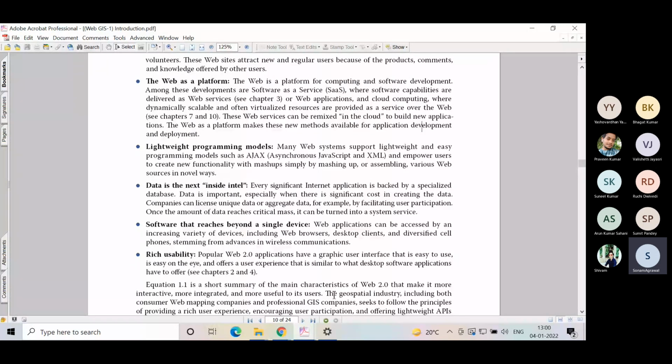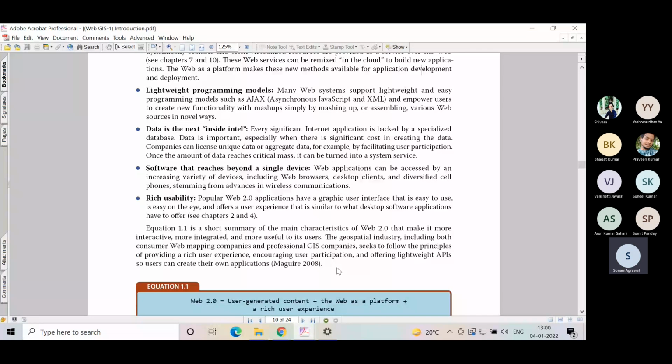देन लास्ट वन इज रिच यूजेबिलिटी। Popular 2.0 applications have a graphic user interface that is easy to use, is easy on the eye, and offers a user experience that is similar to what desktop software applications have to offer. यहाँ पर एक टर्म होता है RIA. RIA stands for Rich Internet Application. Okay, so यहाँ पर अगेन आप के पास में बहुत सारे ऑप्शंस हैं जिसके थ्रू एक बहुत अच्छे यूजर इंटरफेस को क्रिएट किया जा सकता है। उसी के लिए यहाँ पर अलग अलग RIA वगैरह के बारे में आगे चल करके इसको डिस्कस करेंगे।